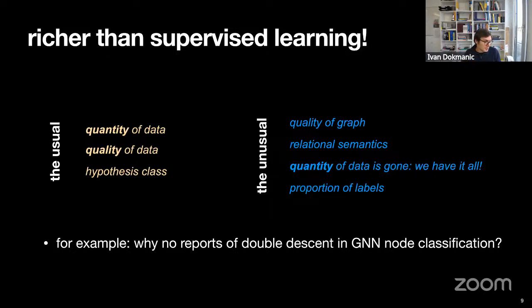Now, what we know today is that if you keep increasing the complexity of your models, in some cases the error will start decreasing again. Sometimes it becomes smaller than the smallest error in the first descent, and that's called double descent. Some recent papers say that there is no double descent in GNNs, which does not seem to be true. That's something that we would like to understand.